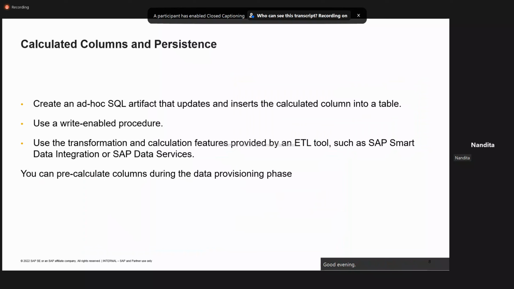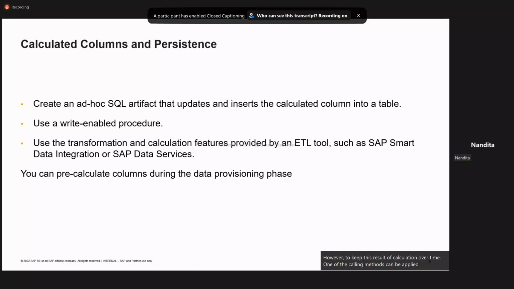Creating a calculated column in an SAP HANA calculation view does not mean that the calculation is persisted. It is simply projected through the generated column, but it will not be saved anywhere. The calculated column is available only during the runtime of the model and can be displayed in the report or consumed by another view. However, to keep this result of calculation over time, one of the following methods can be